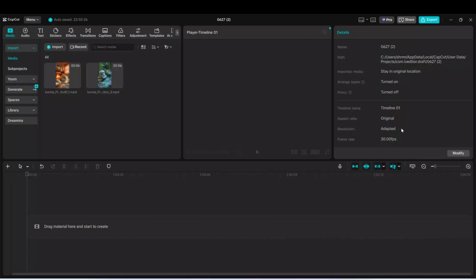In today's video, I'm going to teach you how to lock a track in CapCut Desktop. If you want to avoid accidentally moving or editing clips while you work, locking a track is a really useful feature to know. It helps keep your timeline organized and protects any video or audio that you've already placed exactly where you want it. This is especially helpful when you're making more detailed edits and don't want to mess up